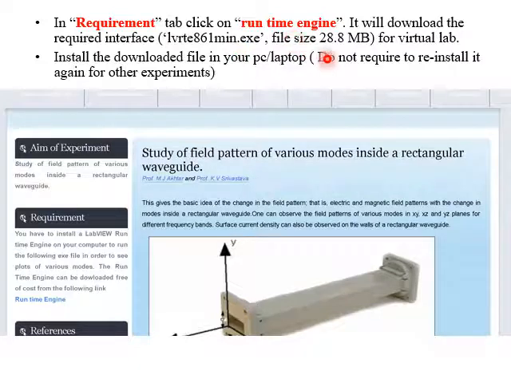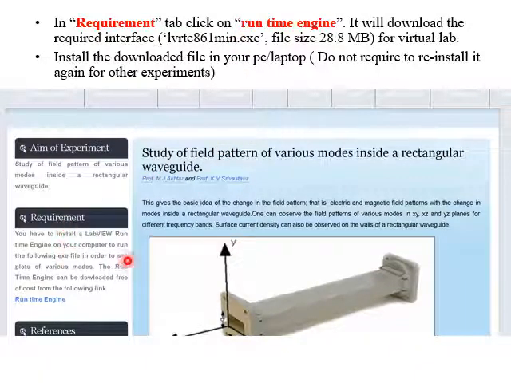This is the file size. So just install this particular interface in your PC or computer, and you do not require to reinstall it for other experiments. So we have chosen the first experiment, but once you install this particular interface, you don't require to install it again.